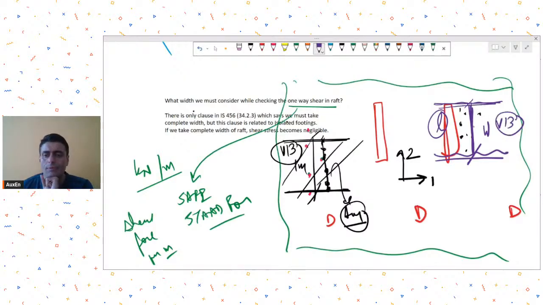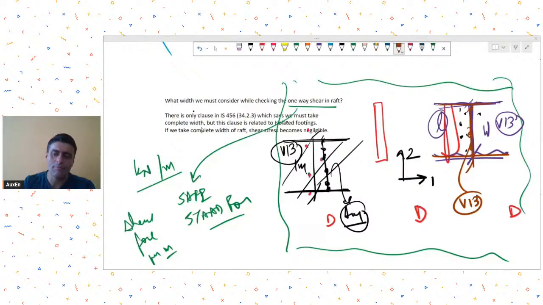So in this case, you may say that I would like to take values across this complete width, which is the length of the shear wall, and then I find out the V13 and compare it with the concrete shear strength. So what width to take is not very clear and not very well explained in codes,